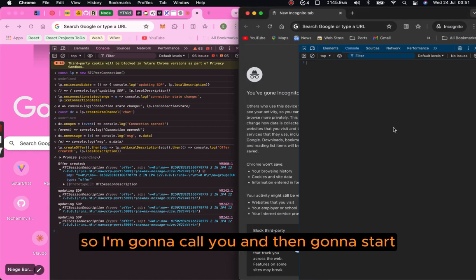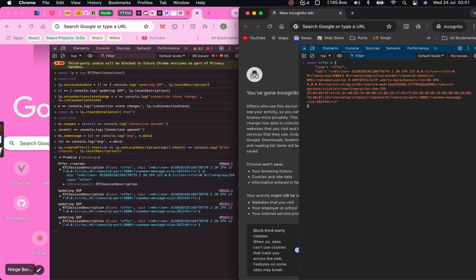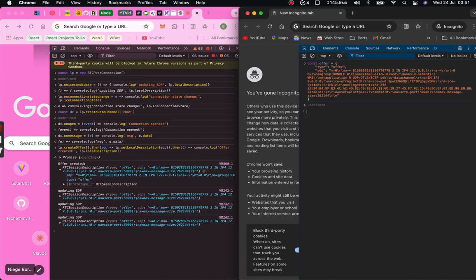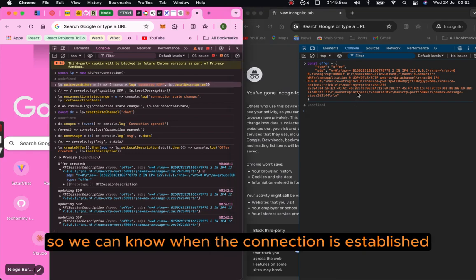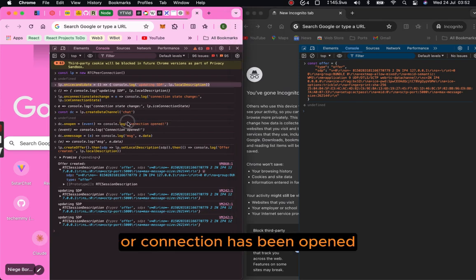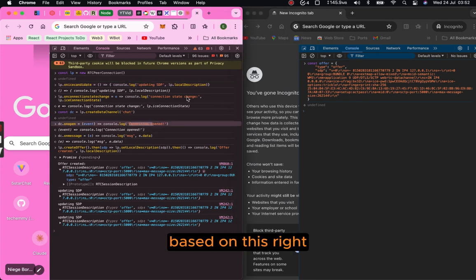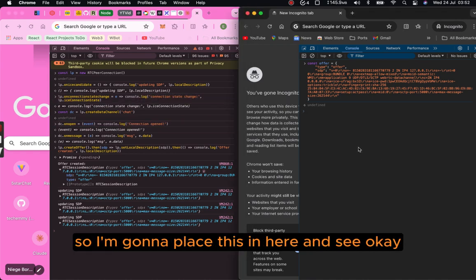So I'm going to come here and then call this an offer. So now we're also going to do similar things here so we can know when the connection is established. Right now we can see that no connection has been opened based on this, right? No connection still. So I'm going to paste this in here and say, okay, before we do that,